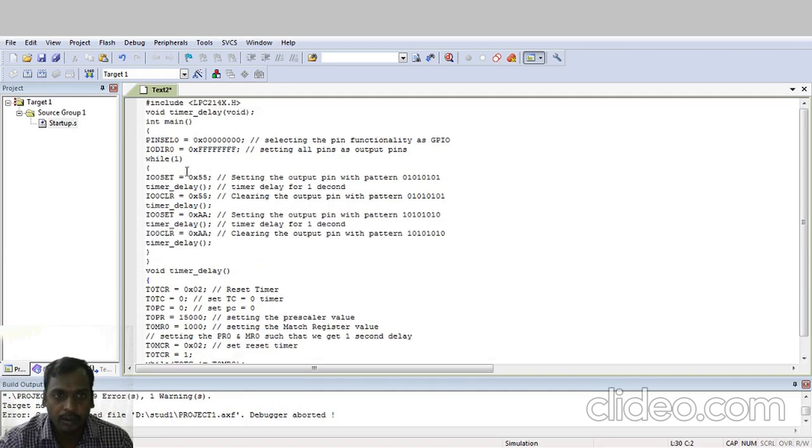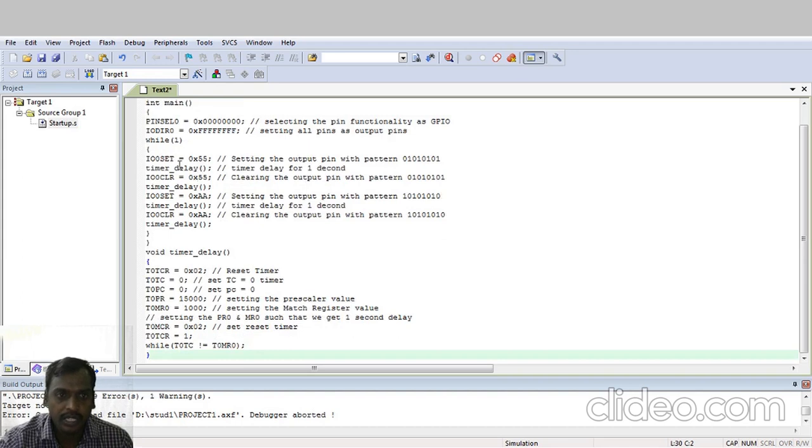Then while(1). You know the while statement: in the condition brackets we are not mentioning any value, and if you mention 1 it will execute continuously. That means in a time delay program it will continuously give the delay. Suppose the output you are taking is an LED, the LED will always go on and off like that.